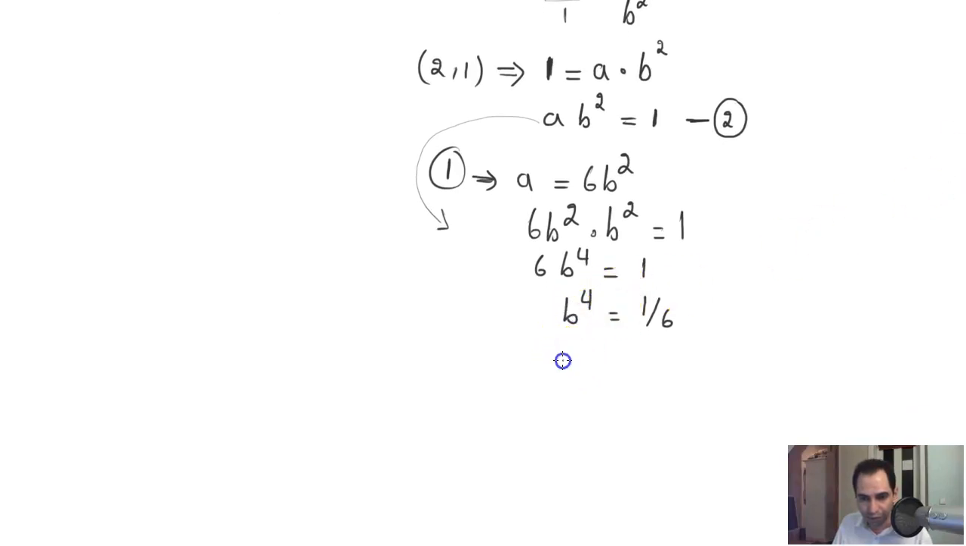So the fourth root of b raised to the power 4, of course, is equal to the fourth root of 1 by 6. I've taken the fourth root of both sides of this equation. Now the fourth root of b raised to the power 4 is equal to b. And the fourth root of 1 by 6 is